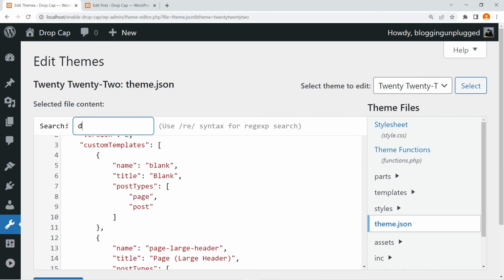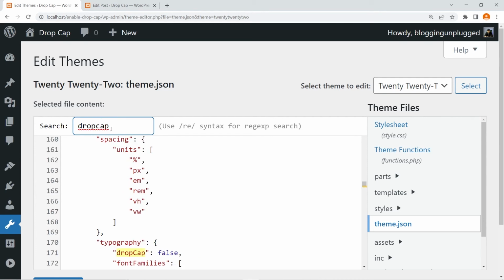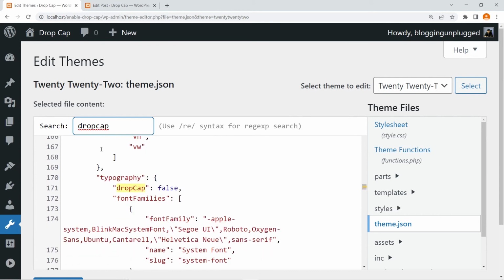Type in dropcap, no spaces, please. Okay, remember this, no spaces. Press enter, and it will show you this typography option right over here. You can see drop cap and drop cap. It is set to false right over here, which means the support is present, but the option is disabled by default. So what you are going to do right now is you're going to select this false right over here,